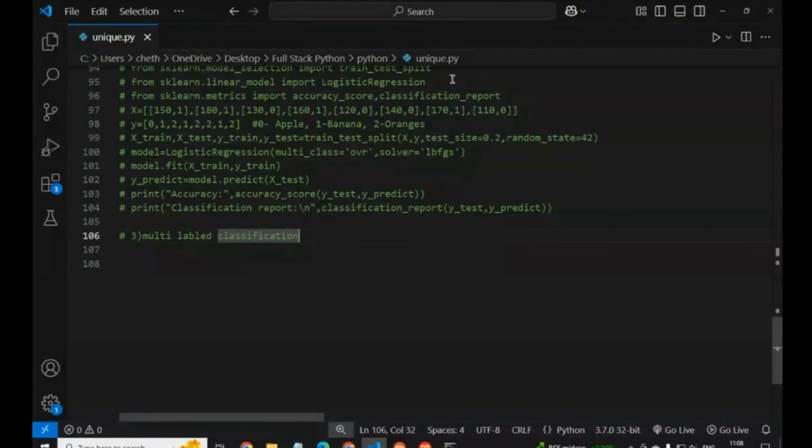This is multi-label classification for books into multiple genres.